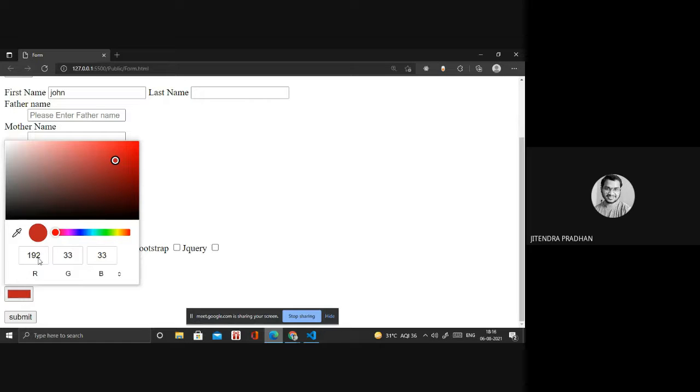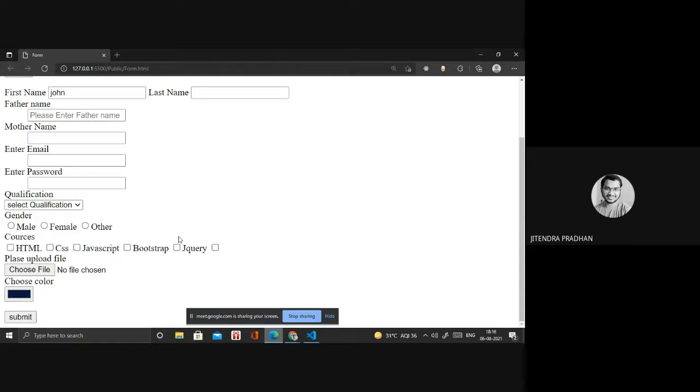R is 192, G is green is 33, and blue also. When I choose that one, the value will change automatically. So if you require any color picker in that particular form, then you have to apply it.